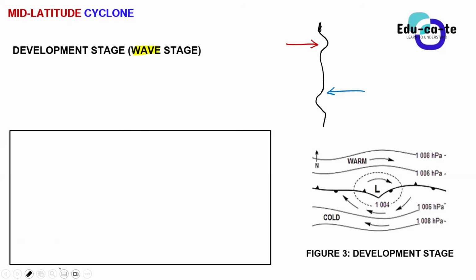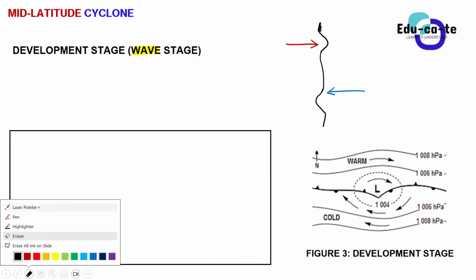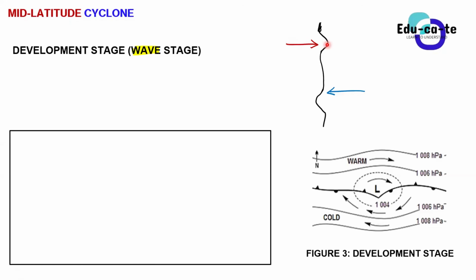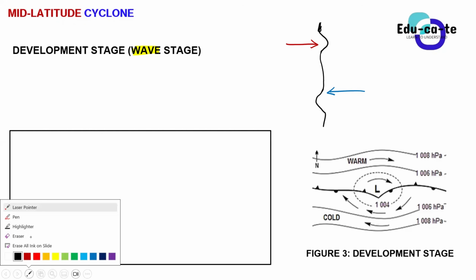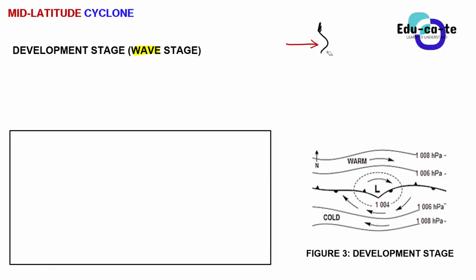Yes. So do you see, guys, that at first the line was a straight line. It was exactly straight, but because the red one punched this way, it kind of formed this wave shape. And then the blue one punched this way, it forms another wave shape. Do you kind of see that? Is that visible to everyone? Yes, sir. So basically, that's what happens during the development stage. That's why it's known as the wave stage. Just take your imagination and apply it to this.